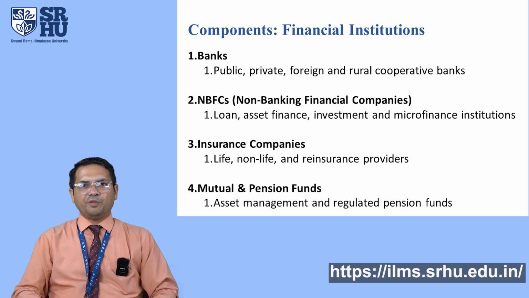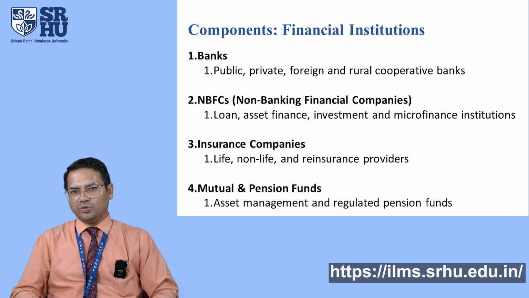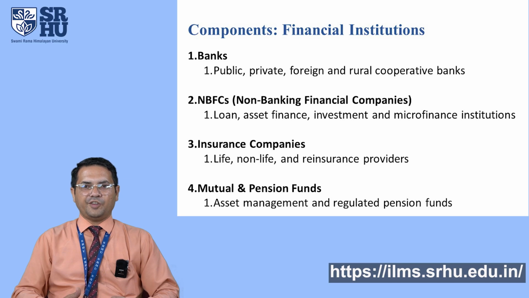And they also include reinsurers. Reinsurance providers are also there, which insure the insurance companies themselves. So, reinsurance helps distribute large risk across multiple companies and improves financial stability in the sector. We can say that reinsurance companies are not the face of the insurance business, but they distribute the risk of the insurance companies when they are going for large proposals. So, insurance companies encourage long-term savings, provide a safety net and promote a sense of economic security.